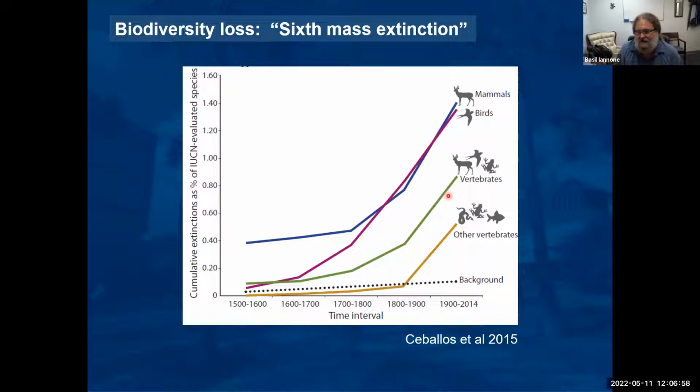And some biologists refer to us as the sixth mass extinction of the planet. We've had 5 extinction events historically on our planet. Of course, everyone knows the one about the asteroids and the dinosaurs because we all love dinosaurs, right? So I think about this a lot, and not to be negative, but I think about what I can do about this in my research, how we can conserve biodiversity.